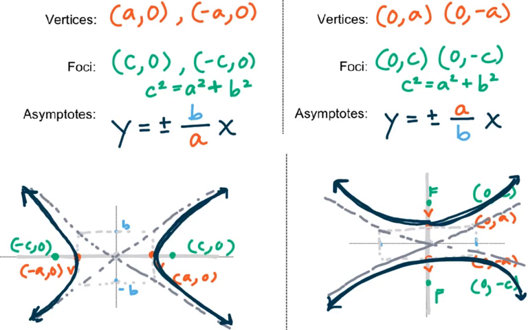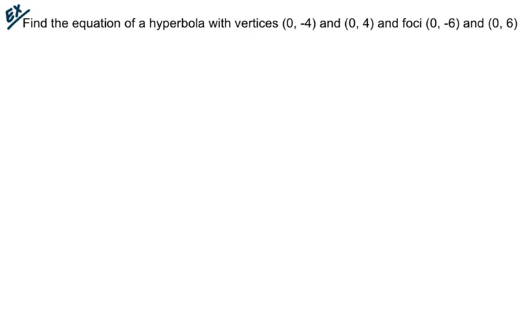All right, so let's do an example. Now that we've really defined this, we've got two little examples with hyperbola centered at the origin. For the first example, we're going to write the equation of a hyperbola given some of its attributes. We know that the hyperbola has two vertices as well as two foci. So